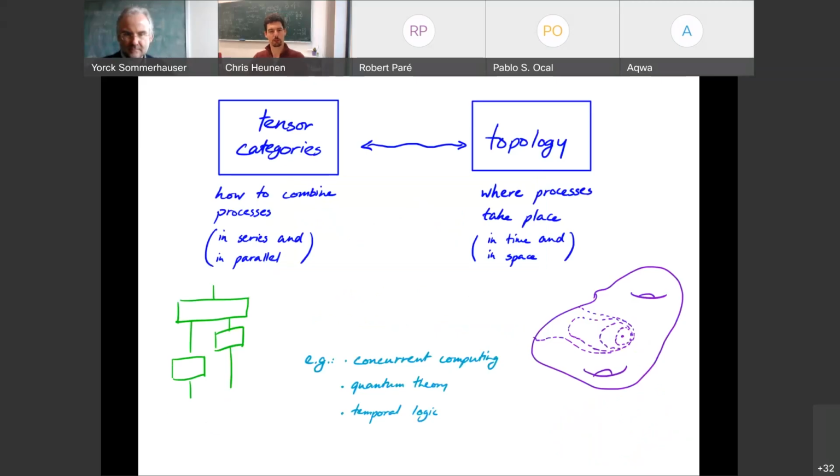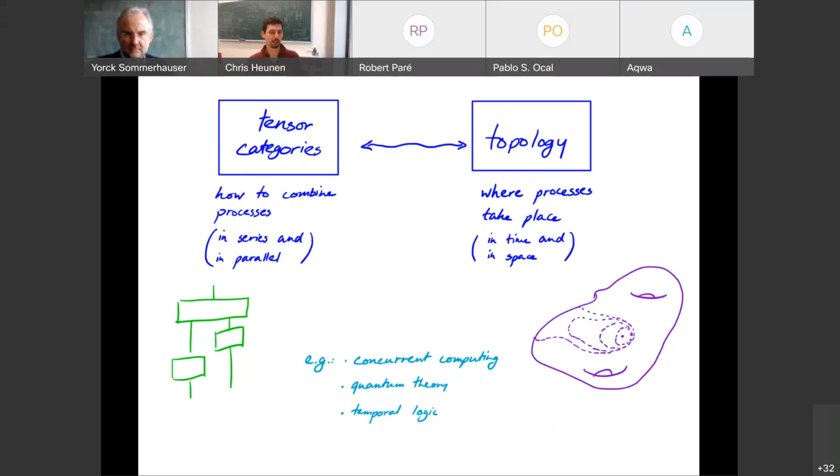So what is this tensor topology about at a very, very high level? The way I see it, it's a combination or interplay between, on the one hand, tensor categories, and on the other hand, topology. And by tensor categories, I just mean monoidal categories. There's nothing like a linear enrichment or something, but tensor just starts with a T, and so does topology. So in that sense, it's nice. And also, there's already something called monoidal topology, and that's something different.